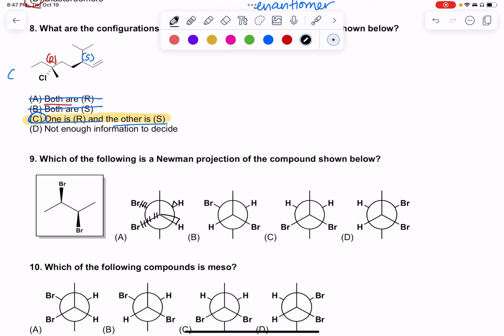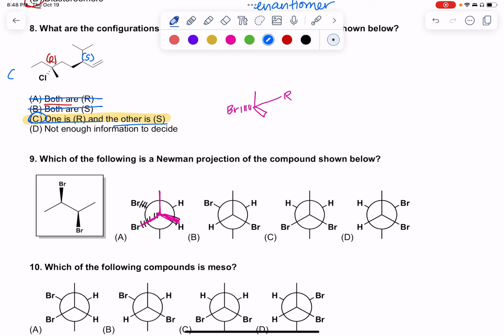So now I can draw this and say my front carbon, which I'll make pink right here, is going to be methyl, bromine, hydrogen. And the one that we don't see is the carbon-carbon bond that goes from this front carbon to this back carbon. And so it's going to the back. Well, it's in the plane, but I visualize it this way. And I'm going to call it R. When I draw that back carbon,